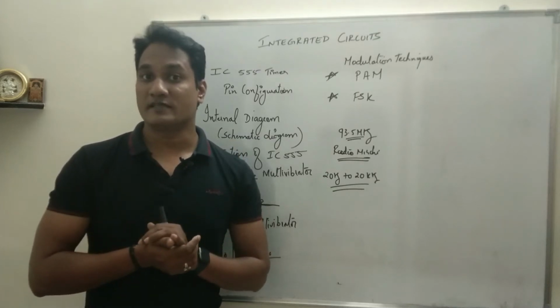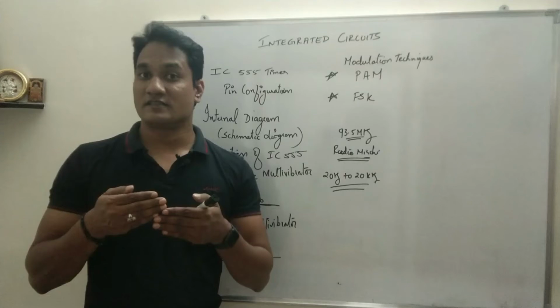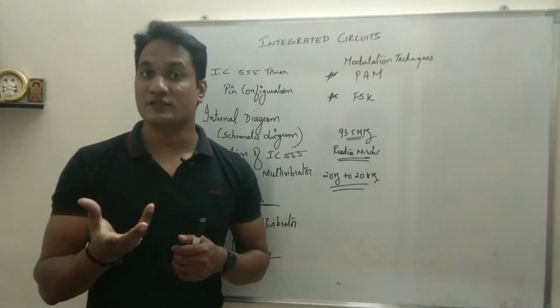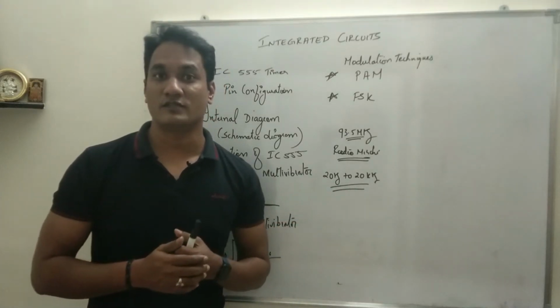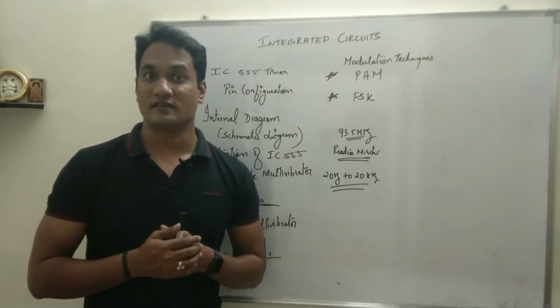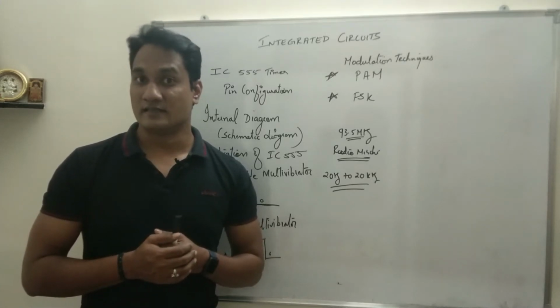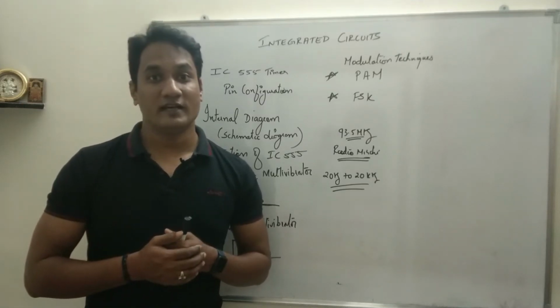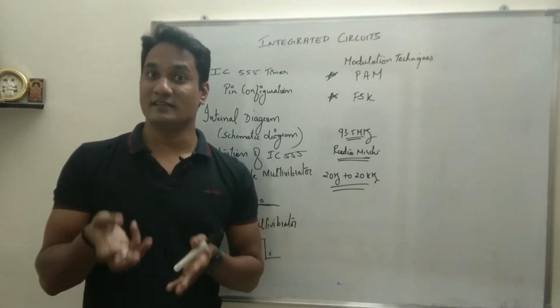So what happens is, the energy associated with the signal is directly proportional to the frequency. What is the frequency which we are producing? 20 hertz to 20 kilohertz audio frequency, very small frequency. So the energy associated with the signal is less, therefore the distance traveled by the signal is less. For the signal to travel a long distance, what has to be done? The frequency has to be increased, but your original signal is the audio signal.